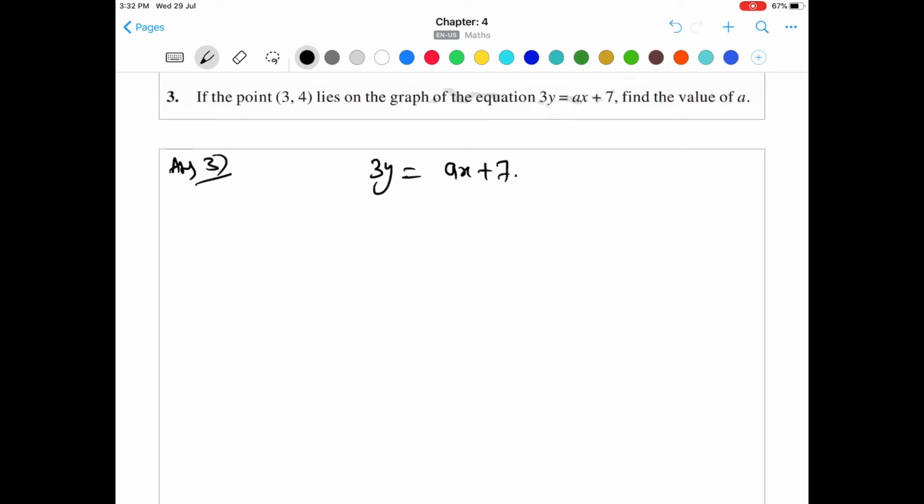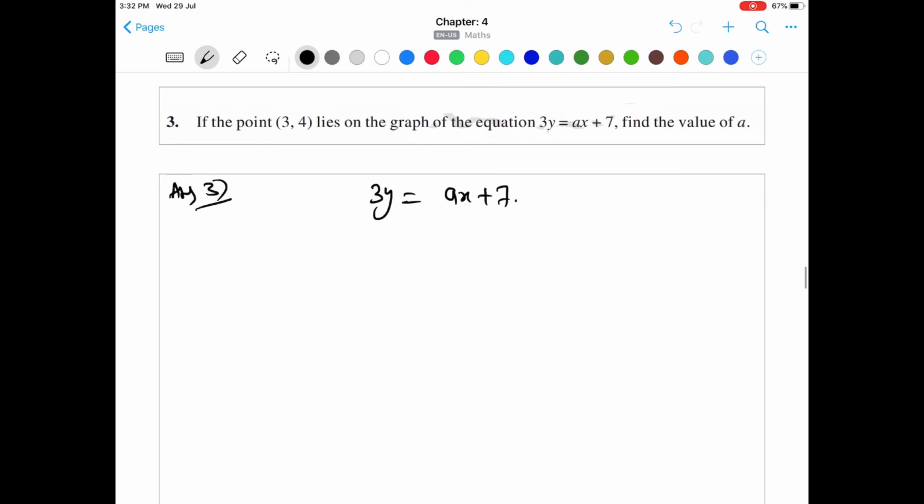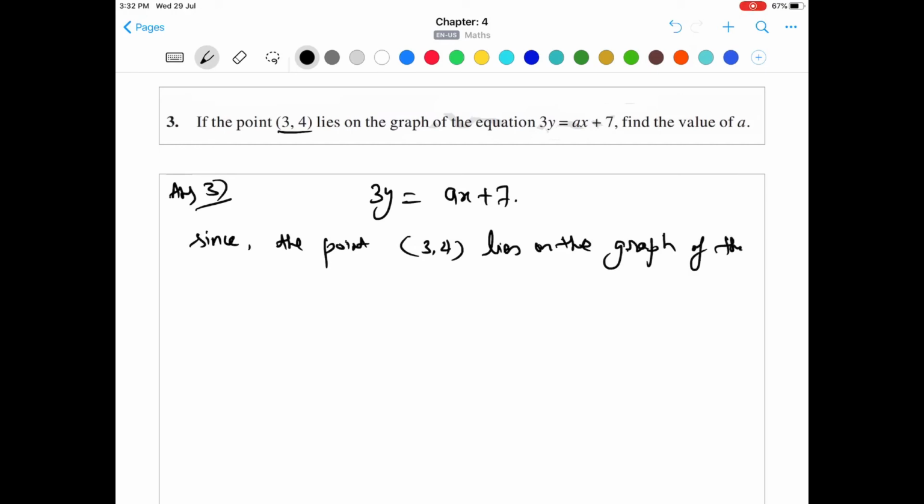Since this point 3 and 4 lies on the graph of the above equation,